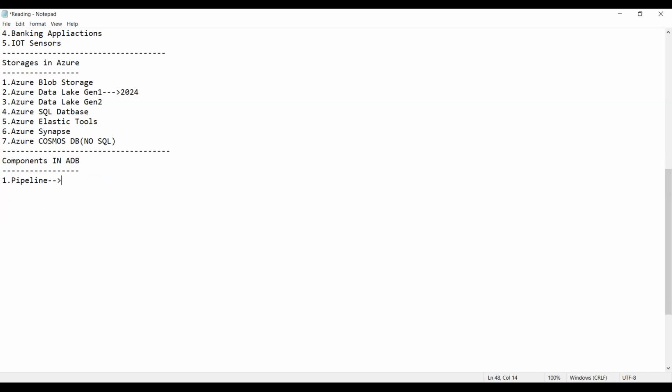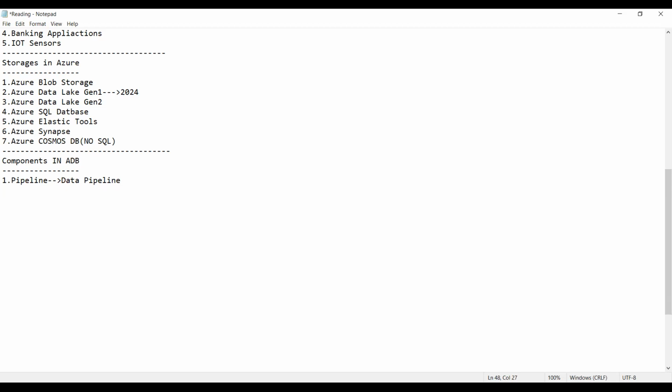That means to get the data from the source to the target, we require to load the data into a data pipeline. The full name of this is data pipeline.